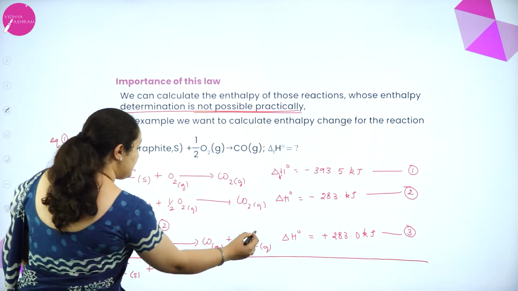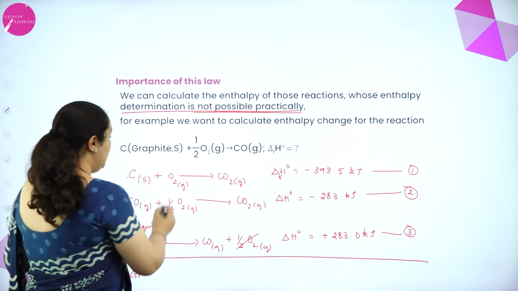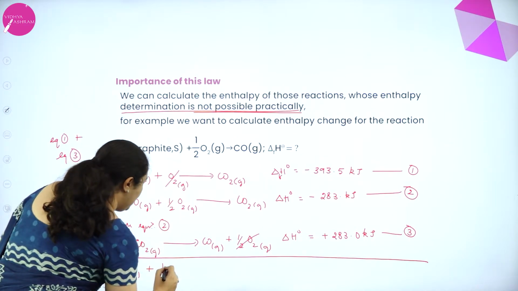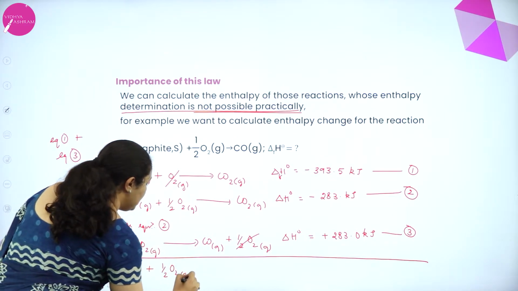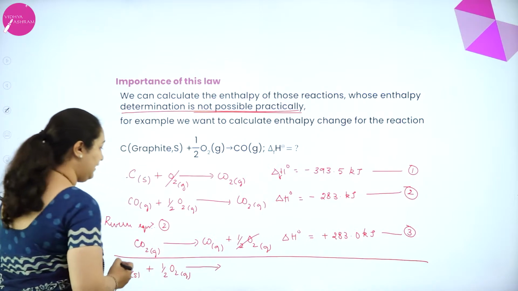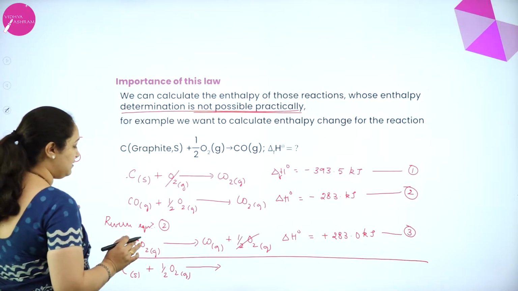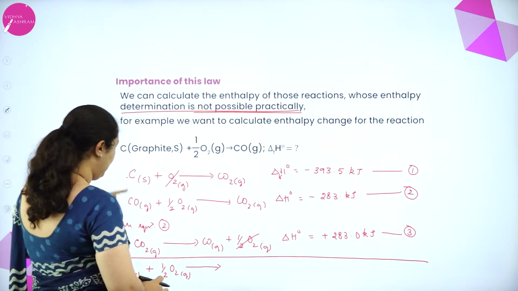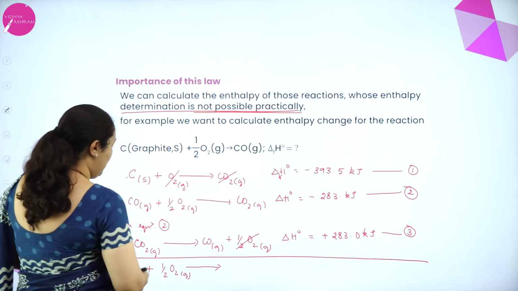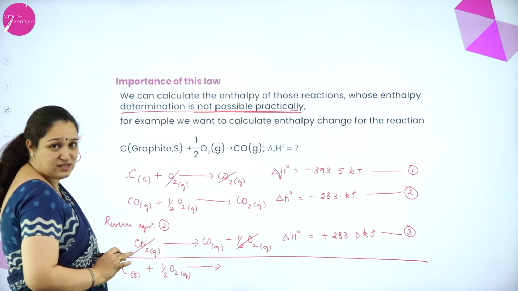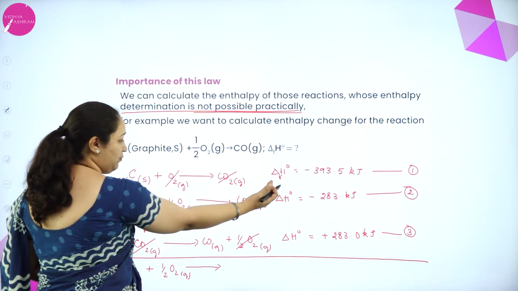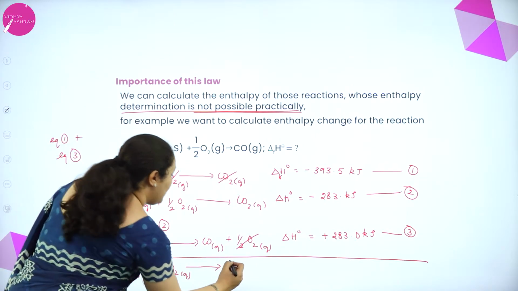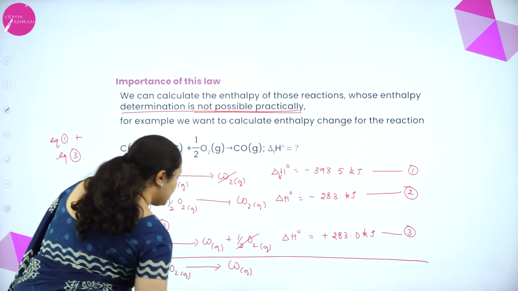So what happens is, this half O2 gets cancelled. With one half O2, one more half O2 will remain. So half O2 is the one which is remaining. Correct? Rest nothing is there to get cancelled. Now on the product side I have to see equation 1 and equation 3, carbon dioxide and carbon dioxide is getting cancelled. Because one is there on the product side, one is there on the reactant side. It gets cancelled. Now what is remaining? Only carbon monoxide is remaining.